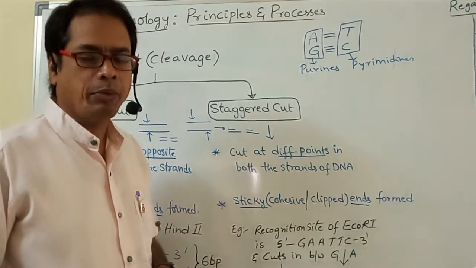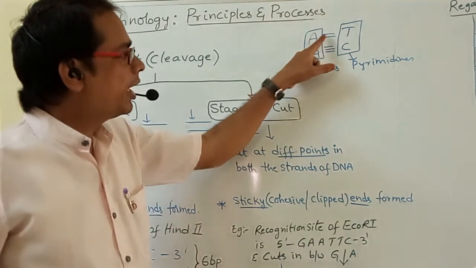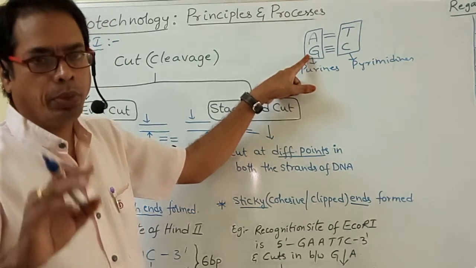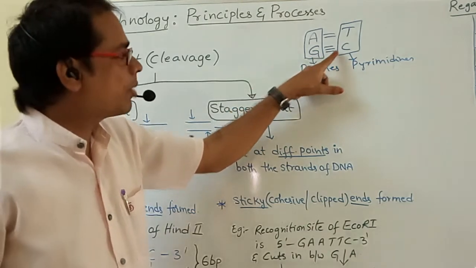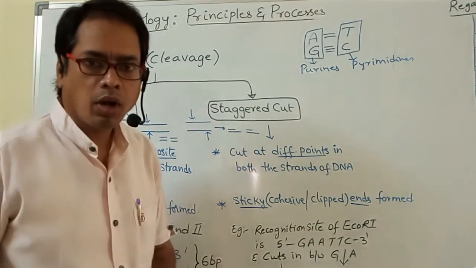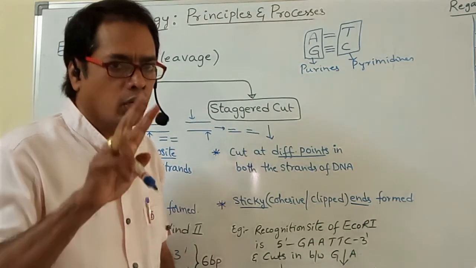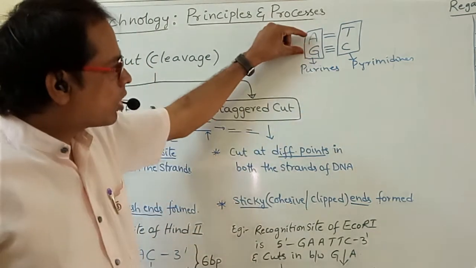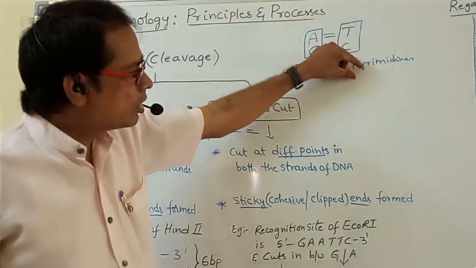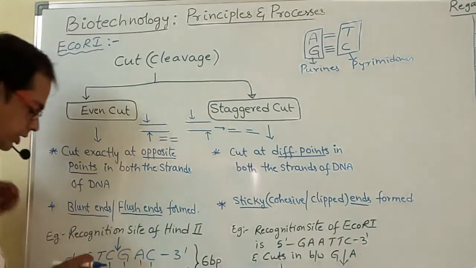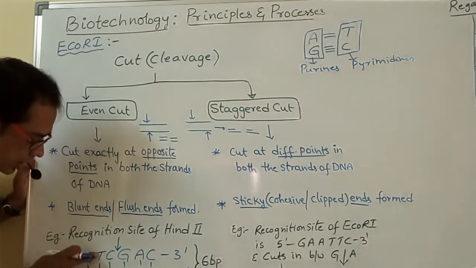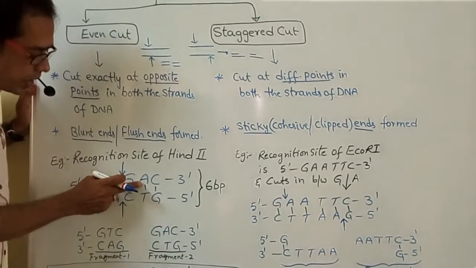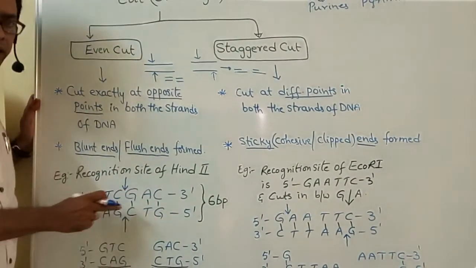Again I am telling the trick: Adi take Tannir, Gopi or Goswami eat 3 chapatis. The number of hydrogen bonds between A and T is 2, between G and C is 3. A and G are purines, and T and C are pyrimidines. See, G pairs with C, T pairs with A, C pairs with G, G pairs with C, A pairs with T, C pairs with G. Like that you have to write.